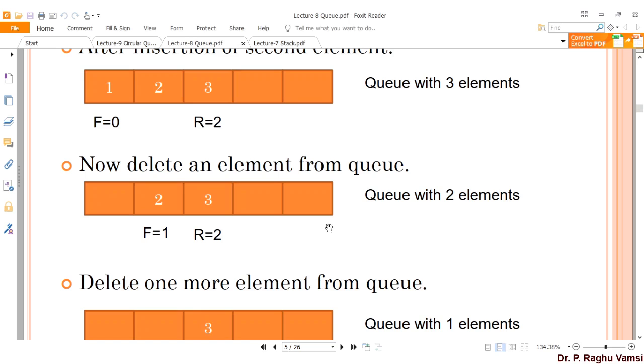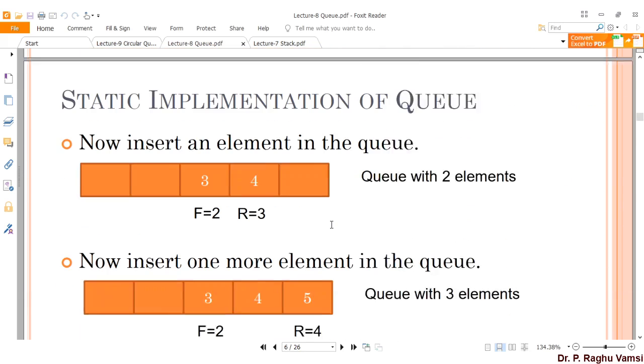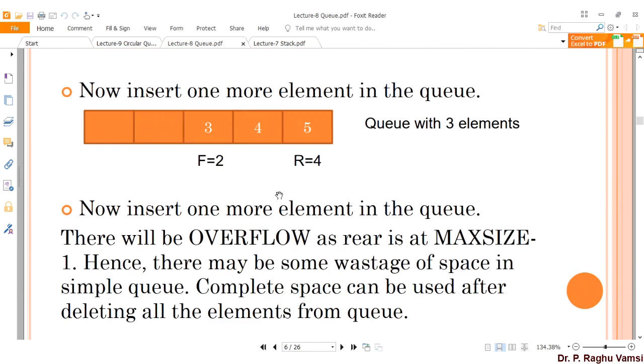Whenever you are inserting an element into the queue, assume the situation shown on the screen, and now insert one more element in the queue. Currently the front pointer is at index 2 and the rear pointer is at index 4.